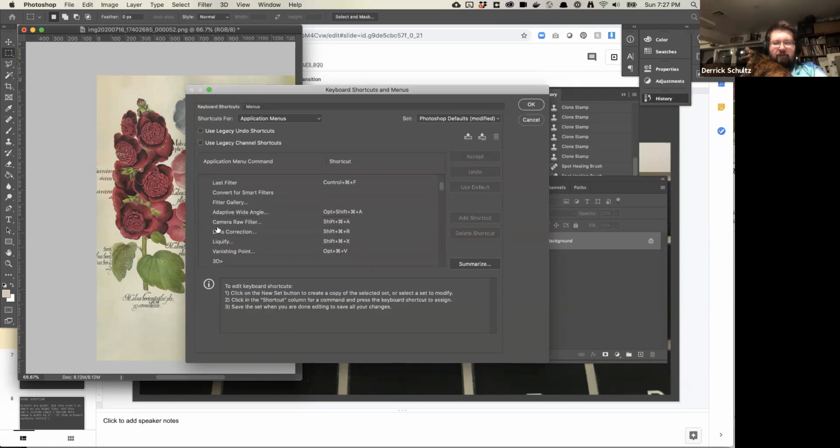I probably never use adaptive wide angle, right? So I could delete this and assign Option Shift A to a different command. That's probably what I recommend doing instead of trying to deal with touch bar. Basically you want to be able to do stuff as quickly as possible, especially as you're digging through a bunch of these. So that's one particular option. Any other questions?